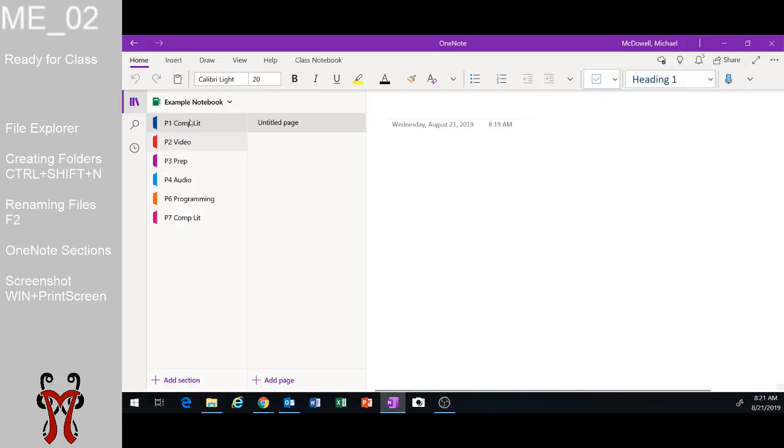Then go into your OneNote. You want to take a snapshot of the fact that you have these different sections labeled, and you're going to turn that in for your other 10 points. And that's it. You have 20 points that are possible for this assignment. Very simple. You're basically just creating a skeletal organization system for the rest of your classes. You turn in 2 screenshots, you get 20 points,